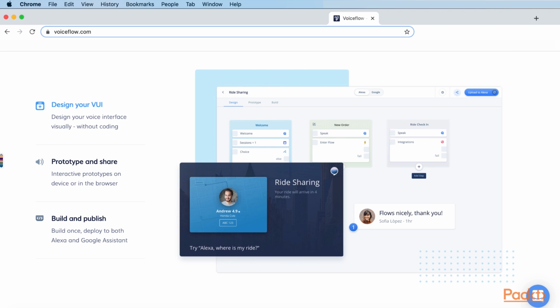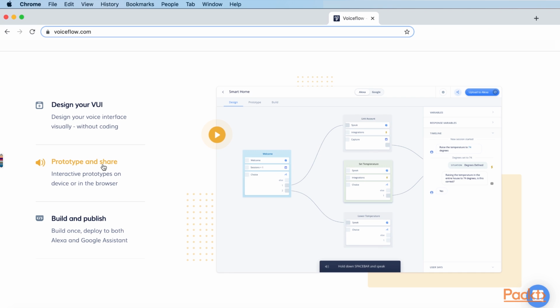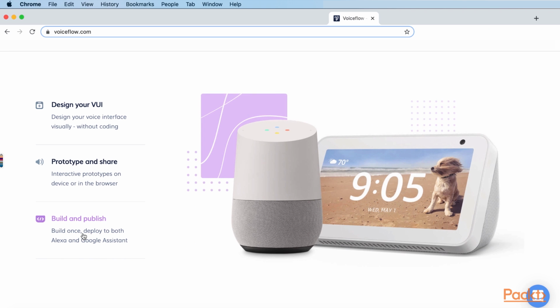So as I said before, Voiceflow is a way to design visually the voice user interface without coding. It's also a way to prototype and share interactive voice apps on the device or within the browser. And it's a way to build and publish once to both Alexa and Google Assistant, which makes it an extremely valuable tool and a time saver. So as I mentioned before, there are many reasons to use Voiceflow,